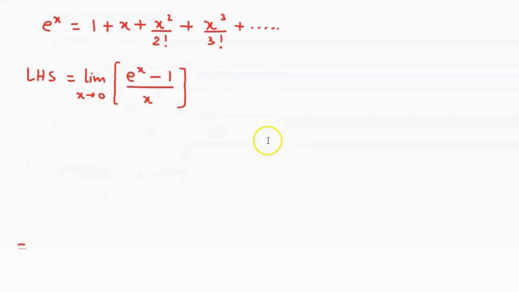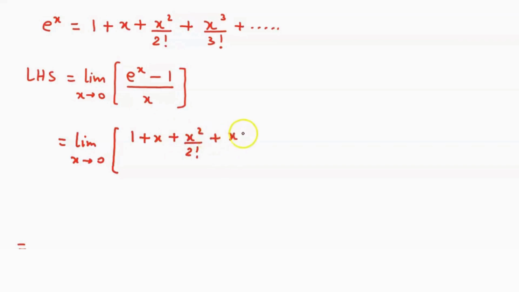So we obtain the limit as x approaches 0. Now we replace e raised to x by 1 plus x plus x square by 2 factorial plus x cube by 3 factorial and so on, minus 1, the whole thing